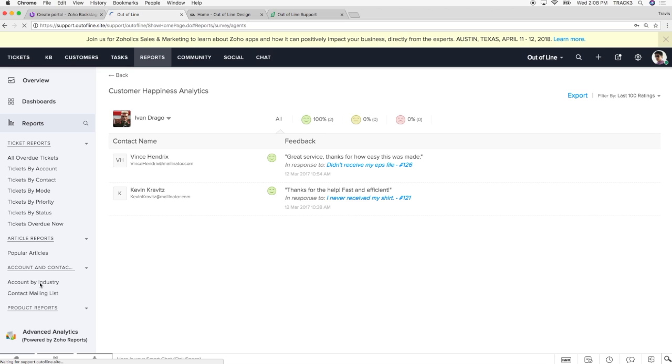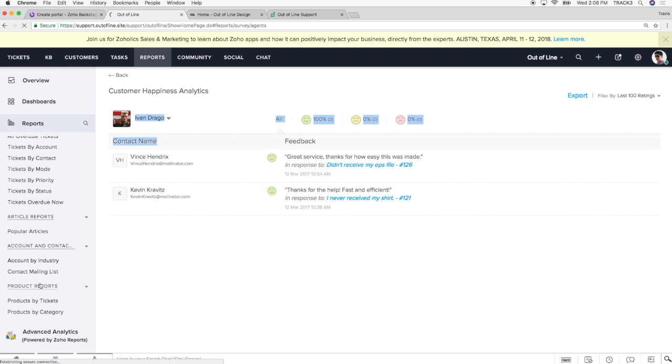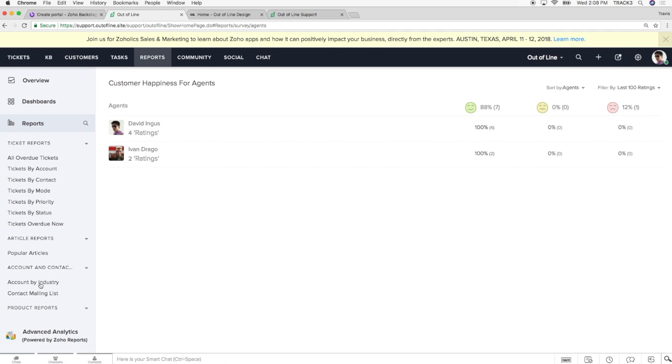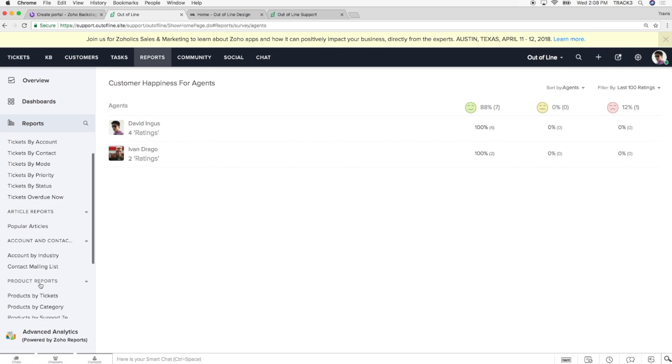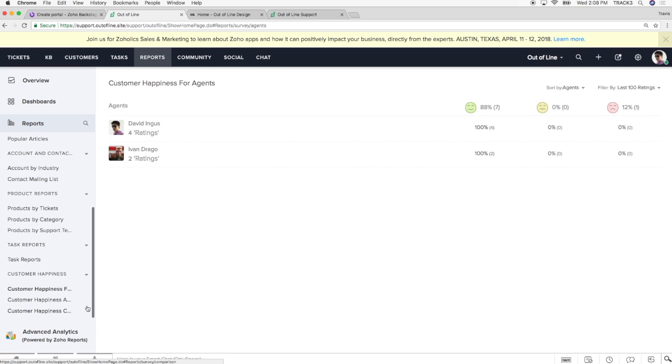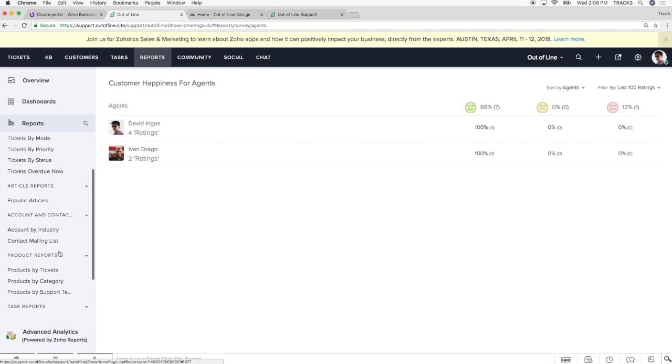I can also look at an overall pie chart of the tickets by contact, so I can see who are the people that are most often reaching out to support. And I can then drill down on that pie chart and say, okay, Vince Staples, for example, we've seen him write in 3 times. We've seen his name more than anyone else. We have an inkling that this person's writing in often, but is there a report I could look at that backs that up? Of course, we have one of those that is built right away.